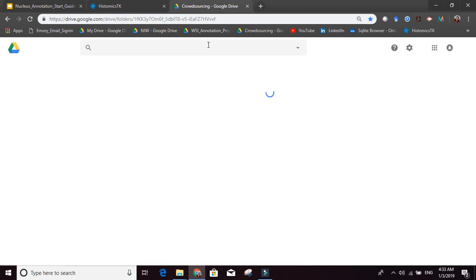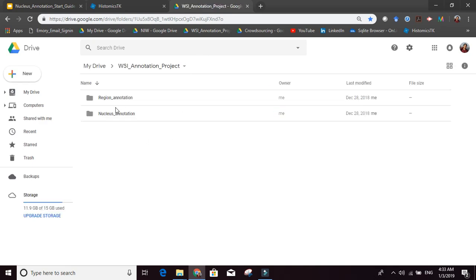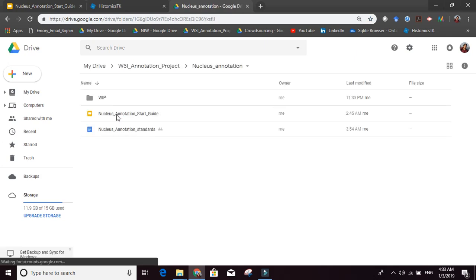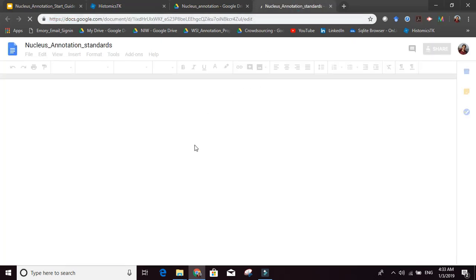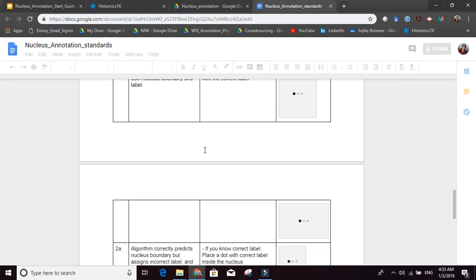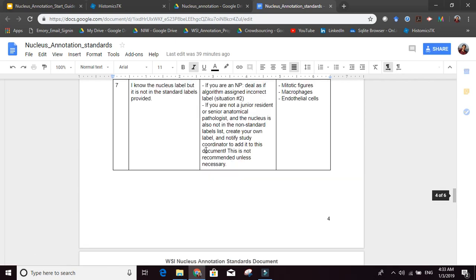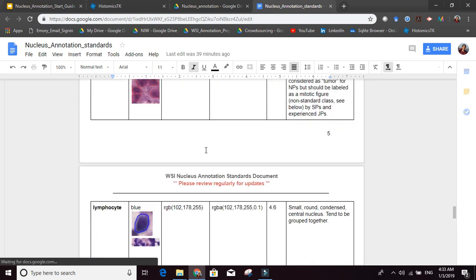So let's go first to the crowds and let me find annotation, and then let's go to Nucleus annotation and Nucleus annotation standards. That's where we have all these colors and whatnot. So you go down to unlabeled.